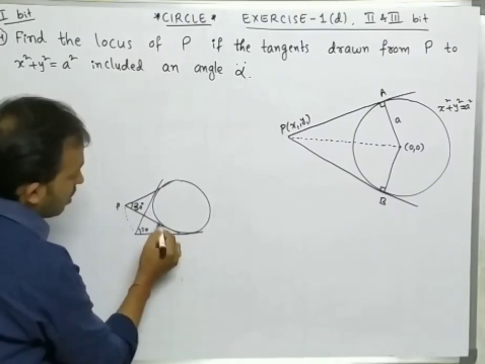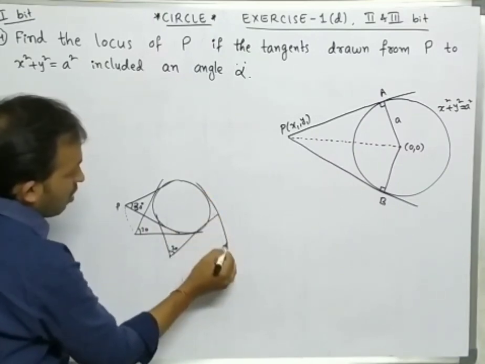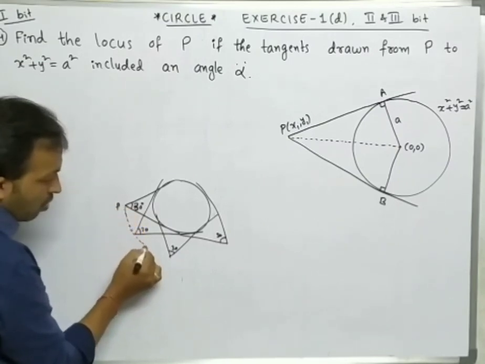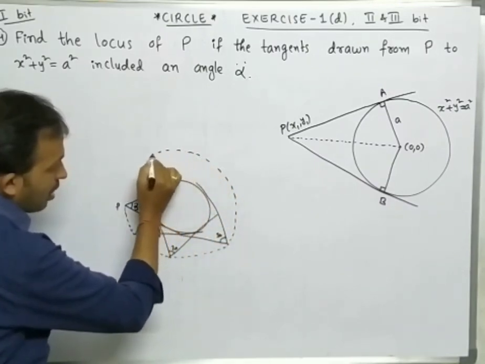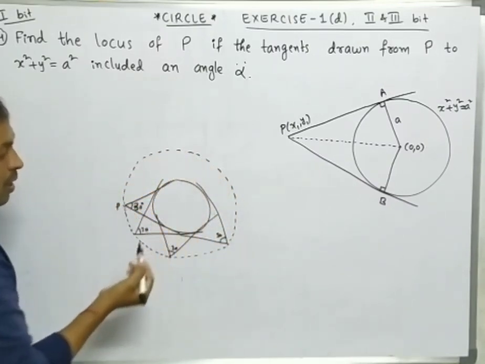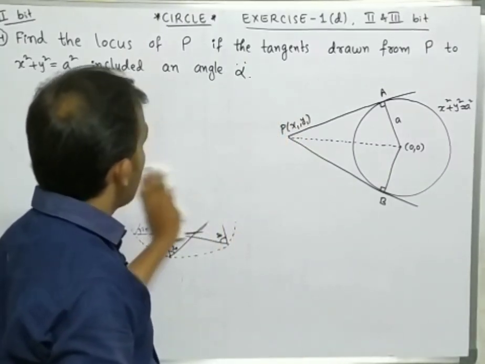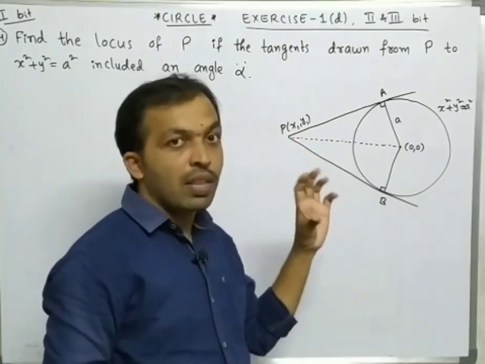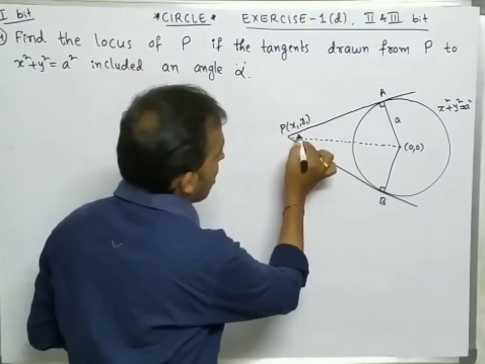So here there is one point making 30 degrees, and here I am taking alpha generally as 30 degrees, such that the point P is moving. We have to find the locus, meaning the collection of all these points, which may again be a circle. So we should find the equation of the locus of the points moving with the condition that the angle between the tangents is alpha.